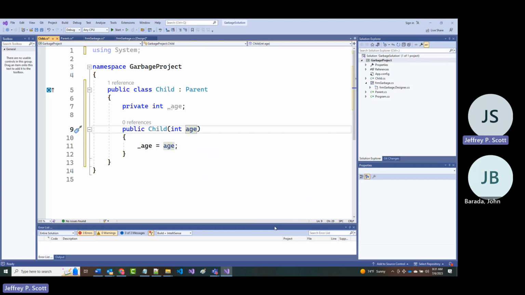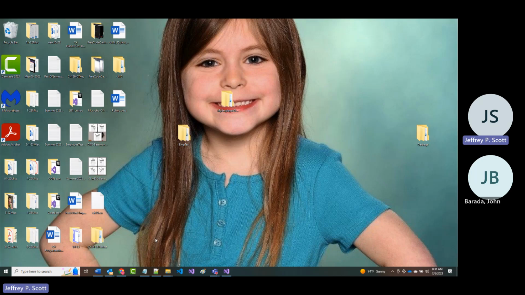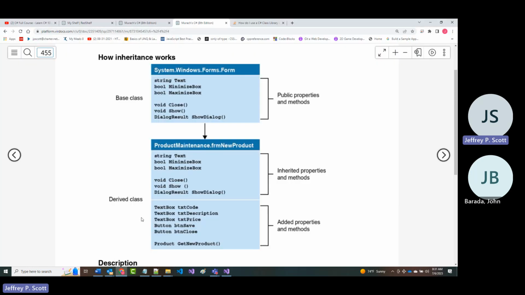I don't want to write it in right now because I'd probably put it in using the wrong syntax, but you're going to see a new word that we're going to use called base. I'm just trying to show you that much of the work you end up doing here is going to be based off of inheritance. So there's the base class where you declare anything you want, and any public properties and methods that you declare up here are going to be available down here as well.